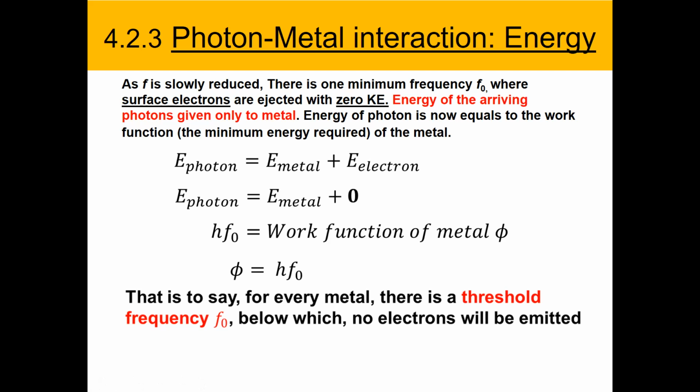And so for every metal, there is a threshold frequency. So if you look at page 6, I give you the work function of various metals. You can actually go and calculate, just for exercise, what the threshold frequencies are for each of the metals. You will find that for reactive metals like sodium, visible light is enough to eject electrons, whereas for metals that are more stable, you will need ultraviolet light.